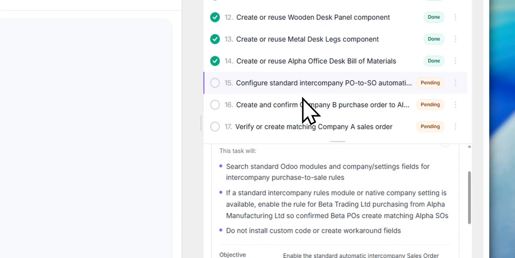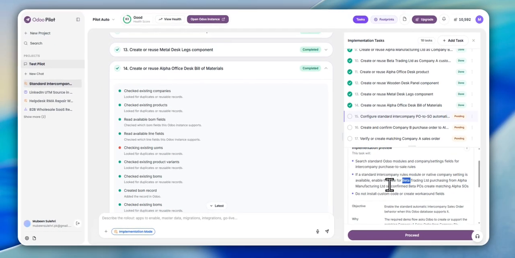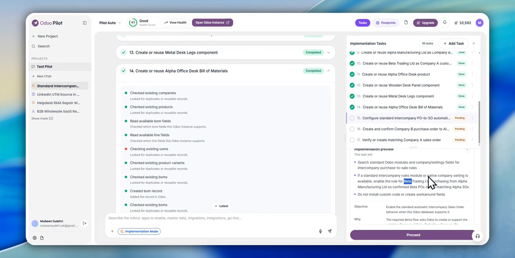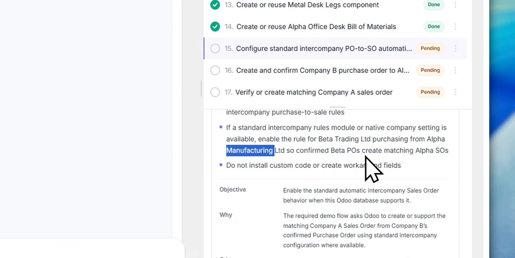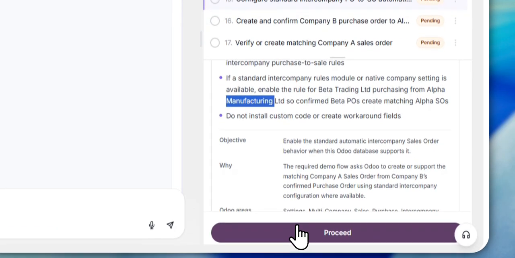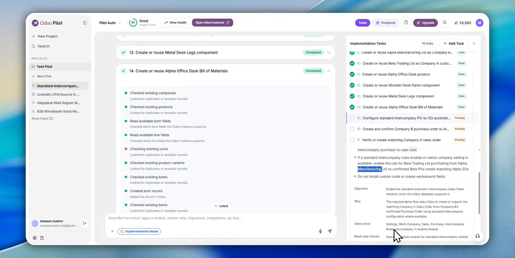So the 15th task is, if the standard intercompany transaction is enabled, the Beta company is a purchaser, basically, and the other company, which is our seller, is Alpha Manufacturing. So Udo Pilot will configure as per our rule in our prompt.